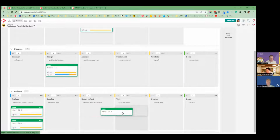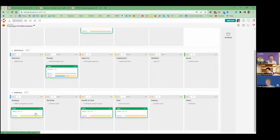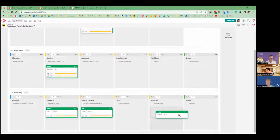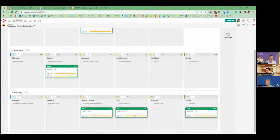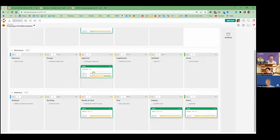So as I move to the board, it keeps changing. So I'm going to keep moving my cards, right? And as I get to my done column, of course, I'm going to get my confettis. And now this card is probably approved. I forgot to do the approve mode, and it's probably an implement because a lot of stuff is going on,